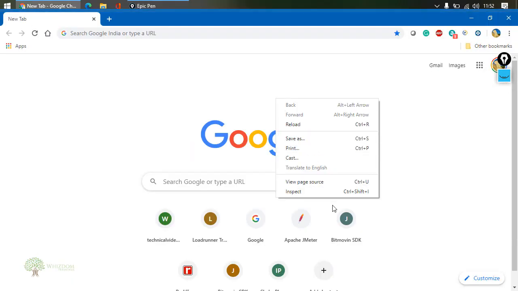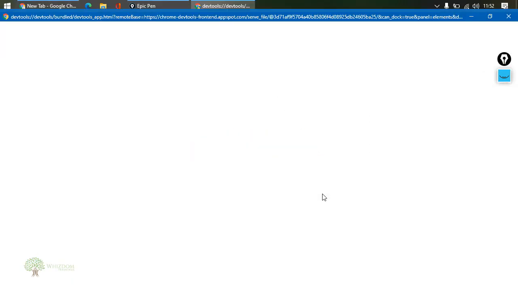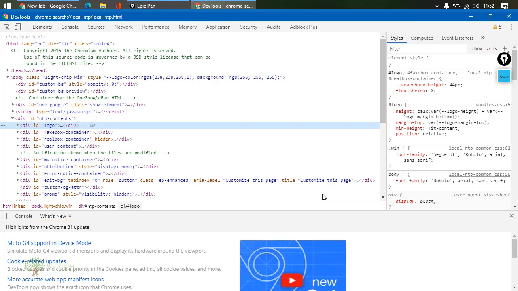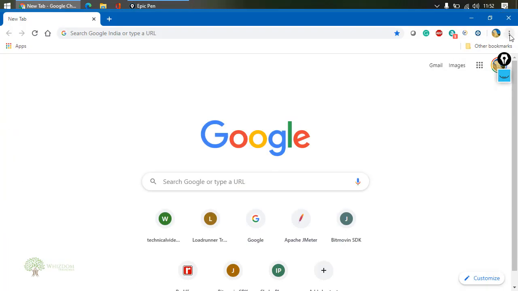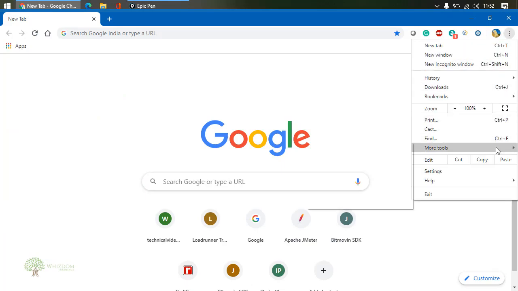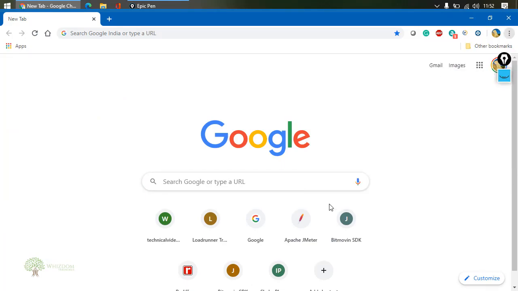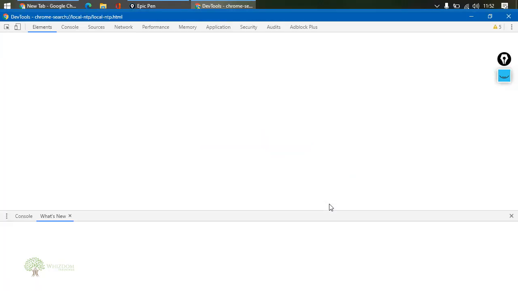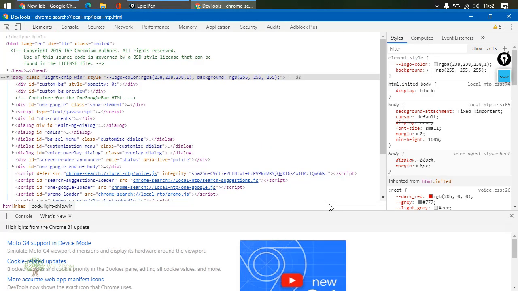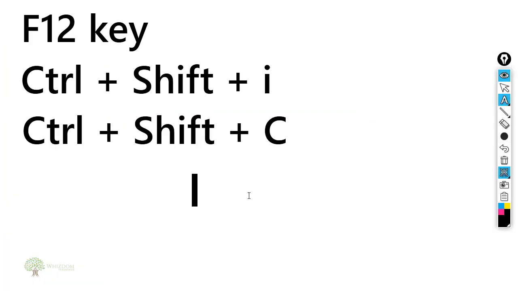Simply right click on the page, click on inspect, and you would be taken to this same window. The last option is to click here, go to more tools, then developer tools. In case your developer has blocked any of these key combinations, you can try this. So these are the 5 ways.